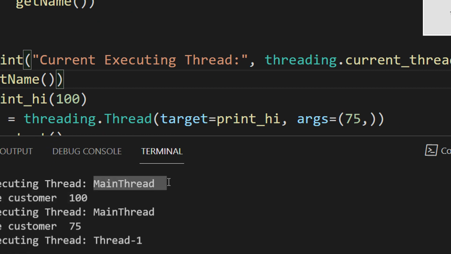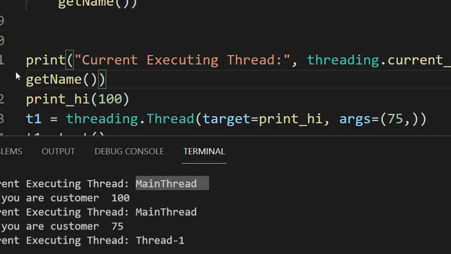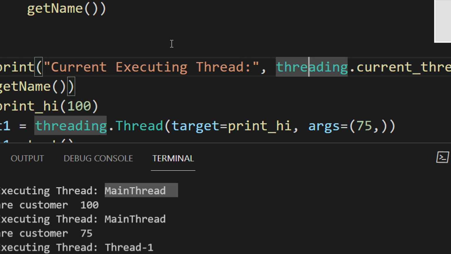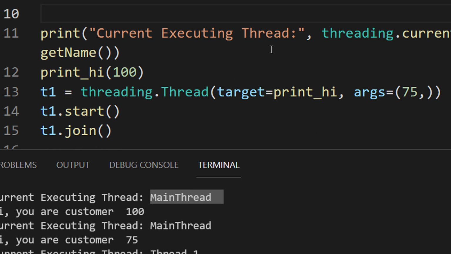Main thread is like a Python defined keyword. Some programs, maybe Java, may have a parent thread, something like this. So the main thread basically is the current thread. Because see, we have not called any threading function as of now. Just come to line number this. Now see what you are seeing.